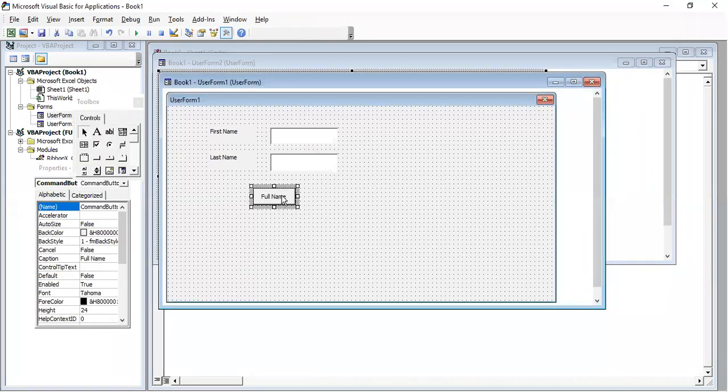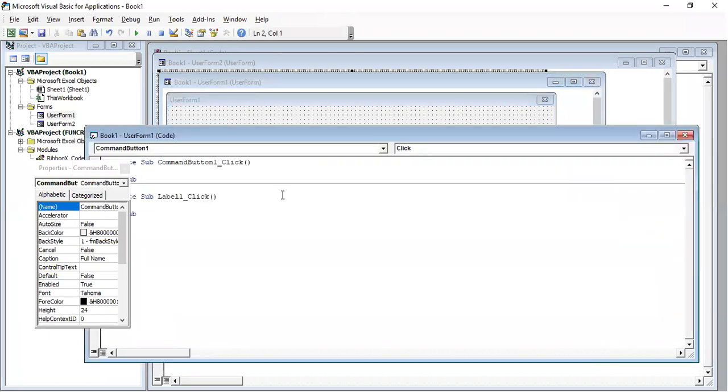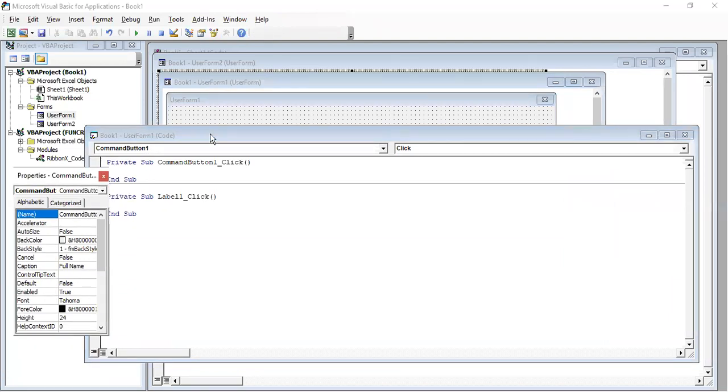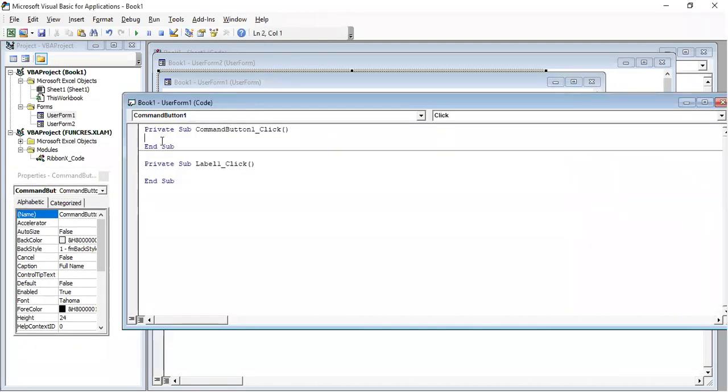So let us take the click event for this command button. I'll double click on this, or we can right click and choose View Code also. When I double click, I get the click event by default for the command button. So I got the click event for CommandButton1. What we want is the TextBox1 and TextBox2 values. Similarly to how we have taken values from Excel cells, from text boxes also we can take them by using the value attribute on the object.